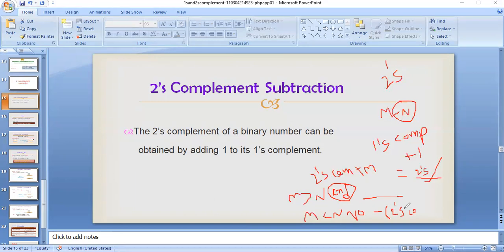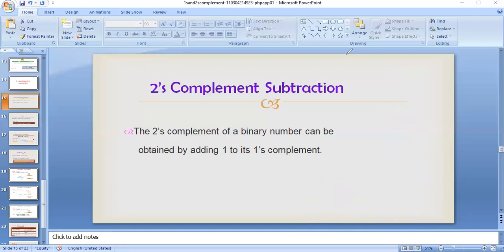In a similar way to the 1's complement procedure. In the 1's complement method also, the m less than n condition means there is no end carry in the result. So we just put a negative sign in front of the number and then again complement that number. In the 1's complement procedure, we find the 1's complement of that number. In the 2's complement procedure, we find the 2's complement. So this is the 2's complement method of subtraction.